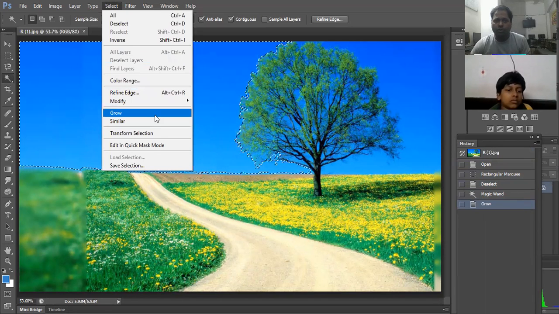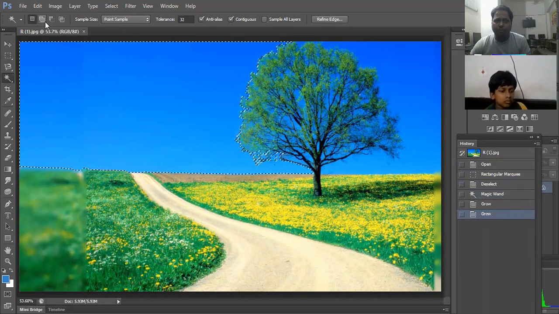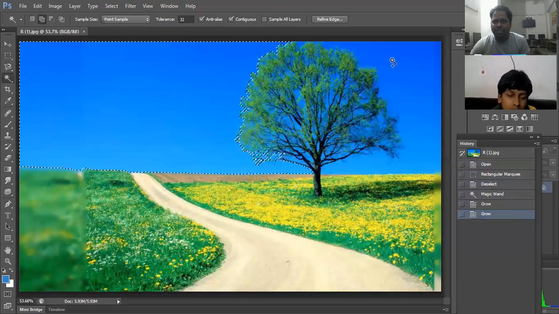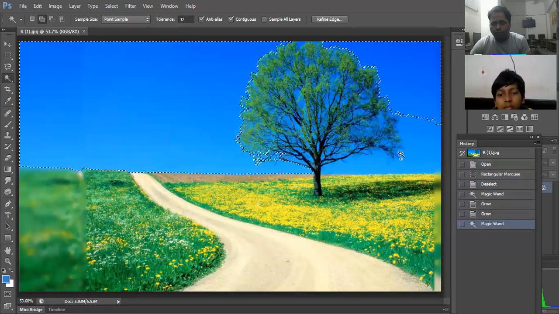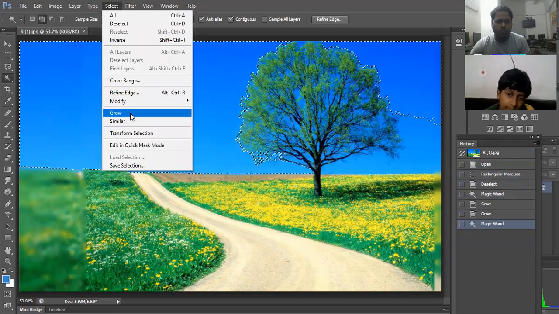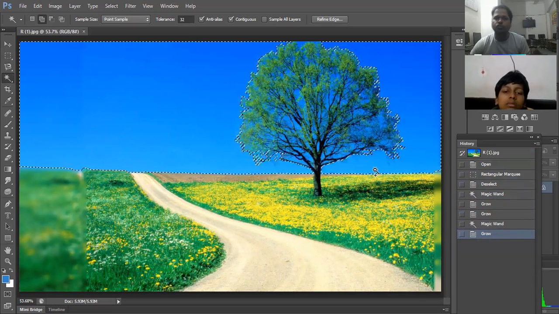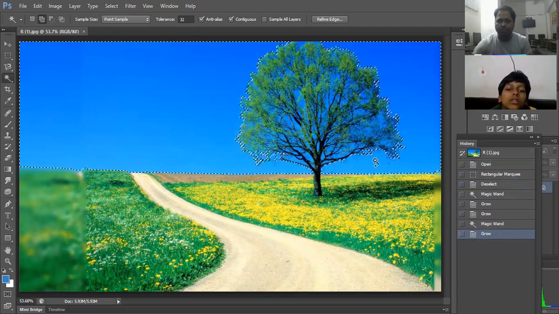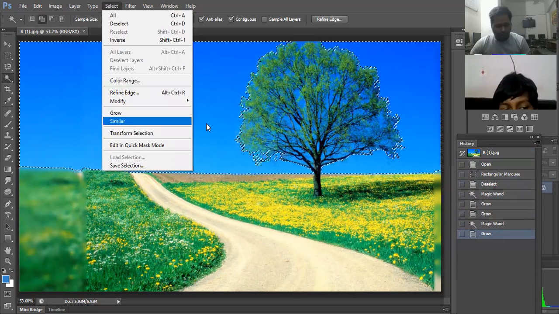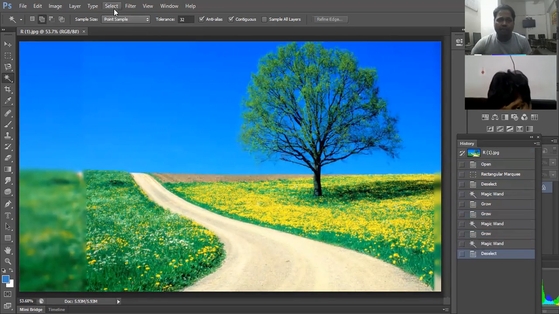And when we click on grow, it will also increase the growth of this particular section. For example, just see there, here we add some selection in this section, just click here. And when we use grow, then we'll also select this particular section. Click on this and click on grow. What happened? It also selected this region, which was not selected in this particular section, right? So that is the use of which option? Grow option. Okay, and when we deselect it by using Control plus D, and again we go with that,